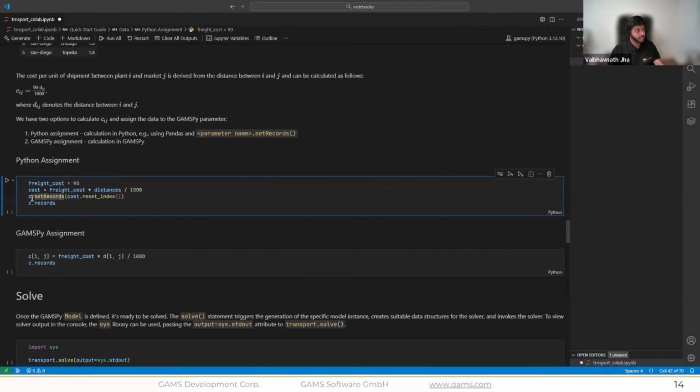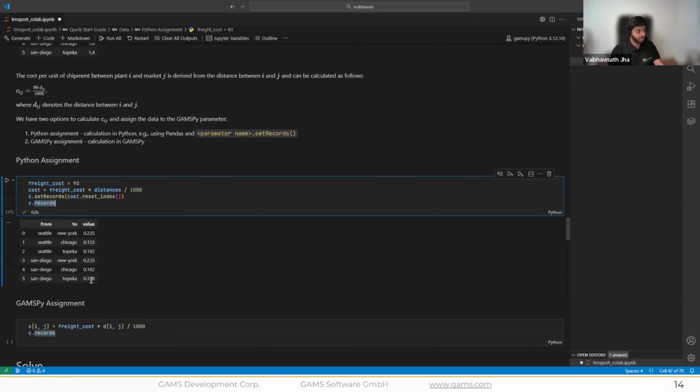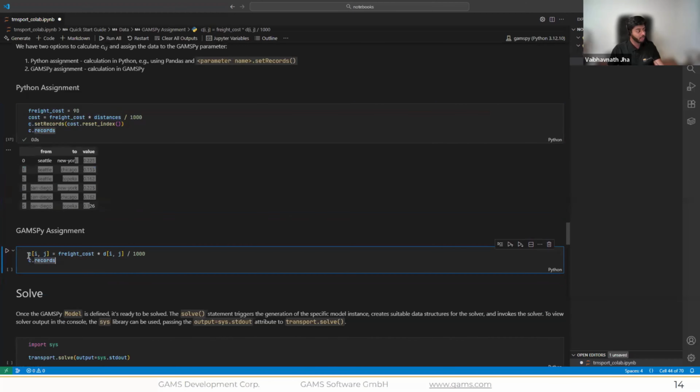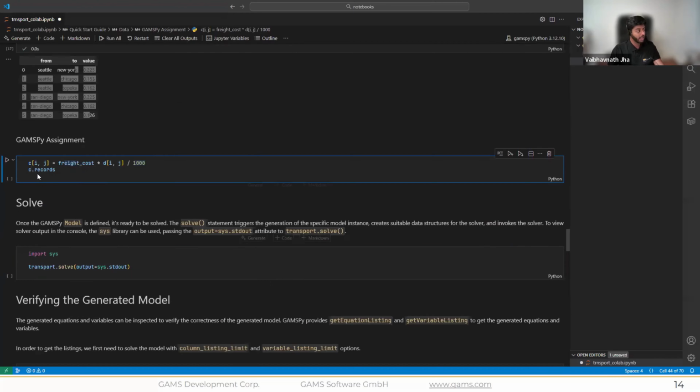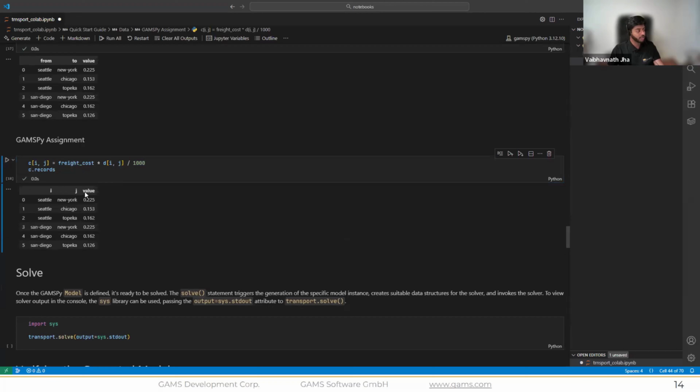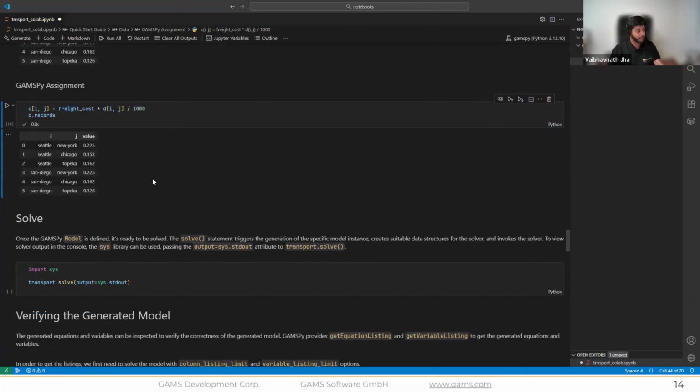Similarly, we can add the records to the GAMSPy parameter C by using the set records method, and then verify that C.records has the necessary data. Or, since we already have the GAMSPy parameter C and the distance parameter D, we can directly use the GAMSPy assignment and populate the records in the parameter C. If we run this, we get the identical result back.